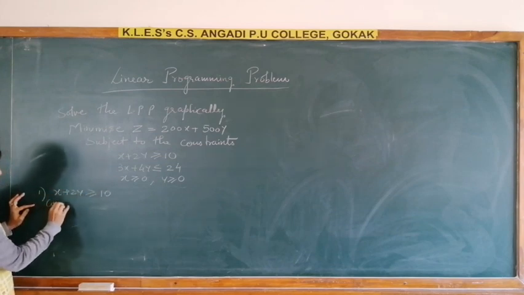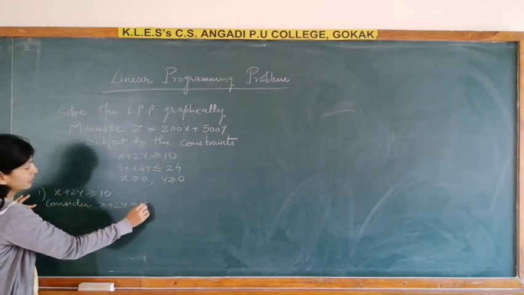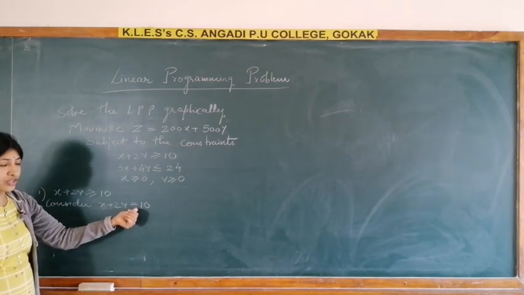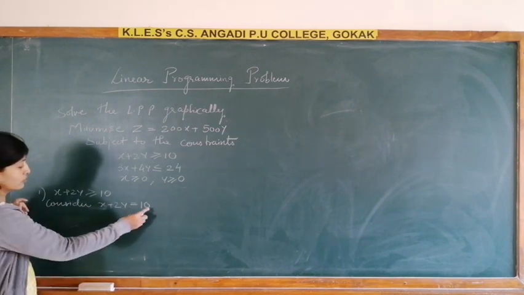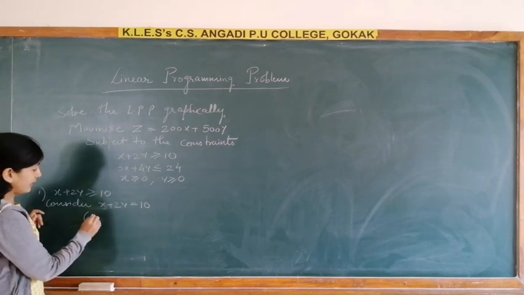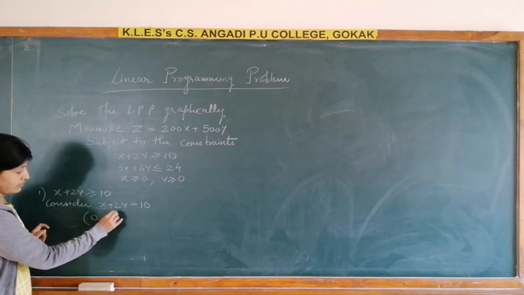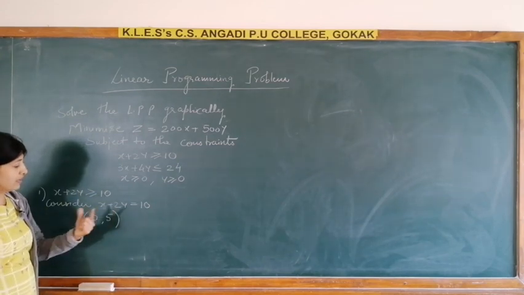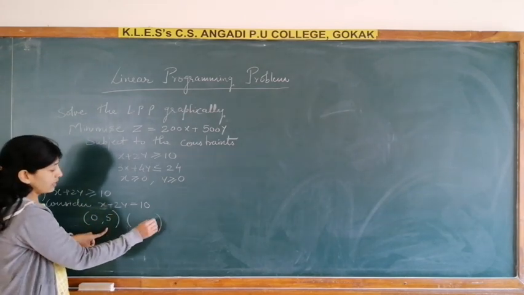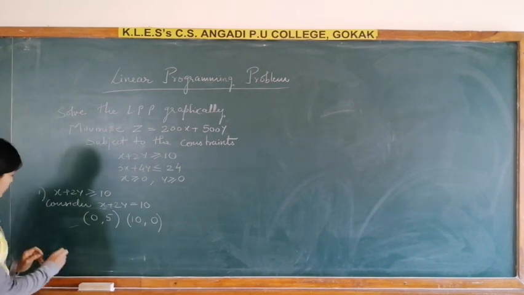Take x plus 2y greater than or equal to 10. You have to consider x plus 2y is equal to 10. Whatever is given, greater than or equal to or less than or equal to, you consider the equation x plus 2y is equal to 10. Now we have to find 2 points here. When x is 0, y you will get 5. I hope you can do it orally, simple. Always take x as 0, find the value of y, and when y is 0, the value of x is 10. This is the first point.